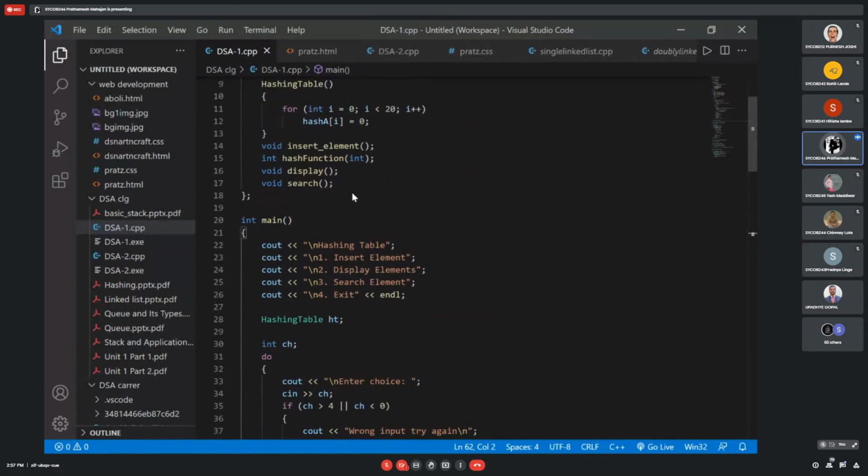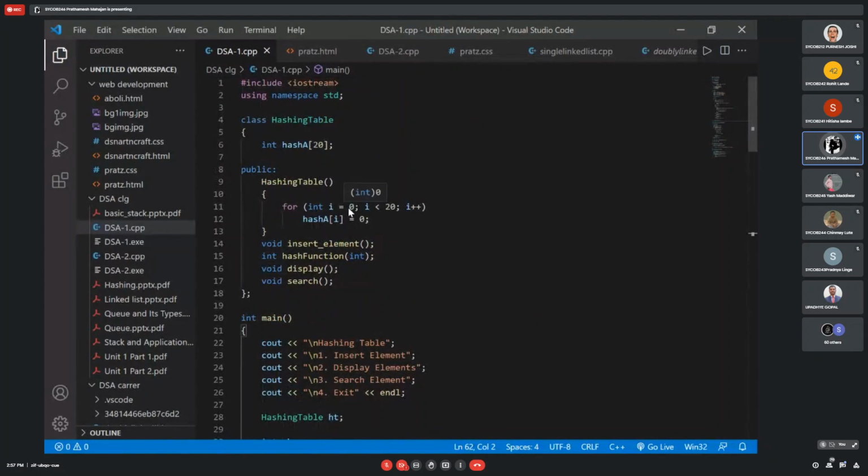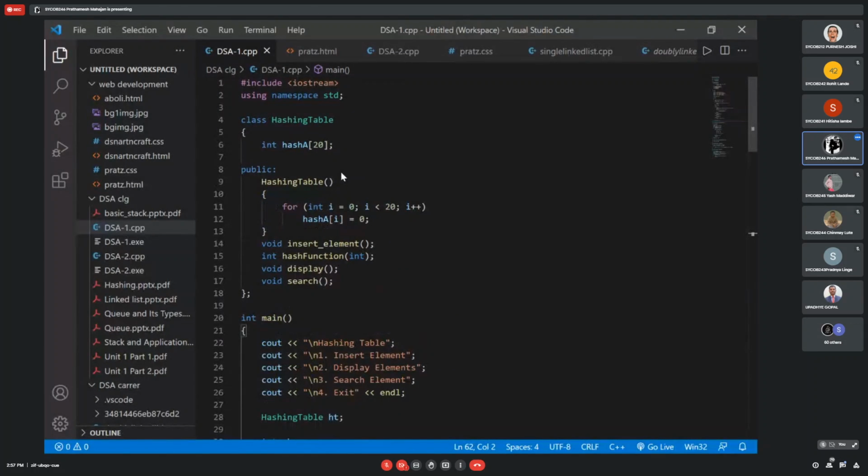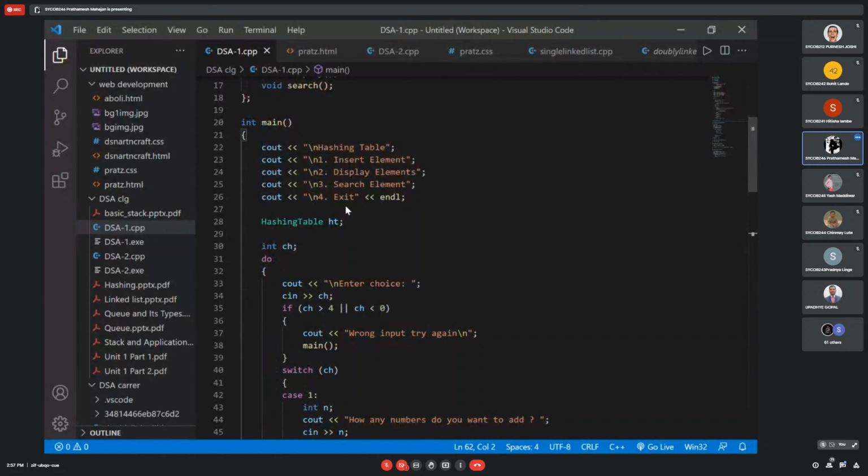So first we take the size of the hash table, and in the hash function we take the number of elements mod the size of the table, and then every element is added at an index.